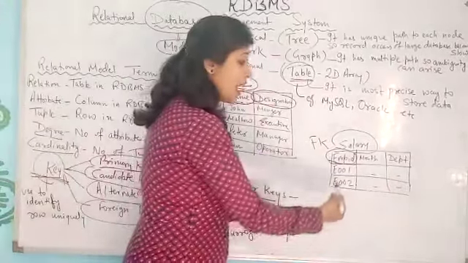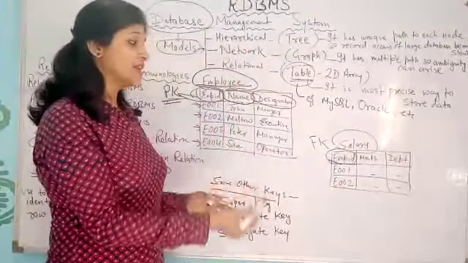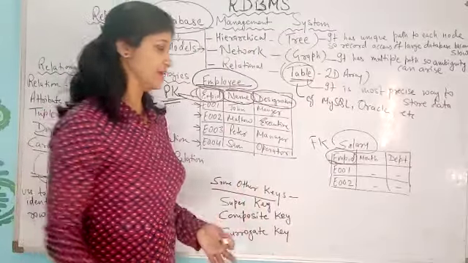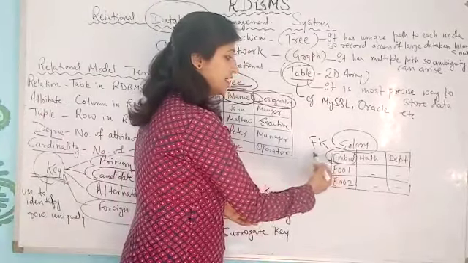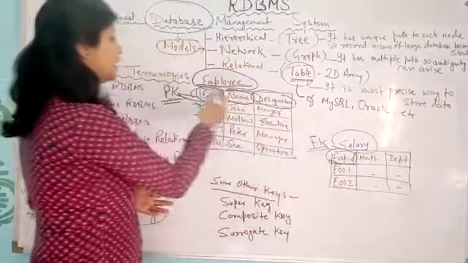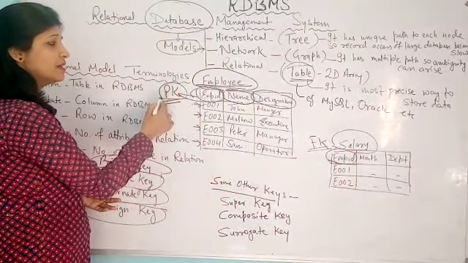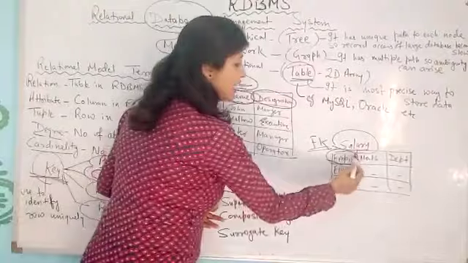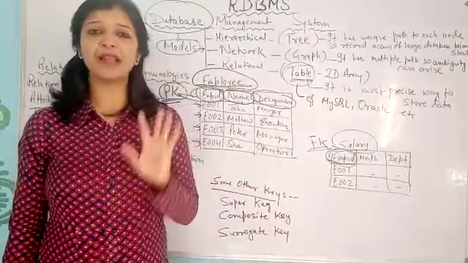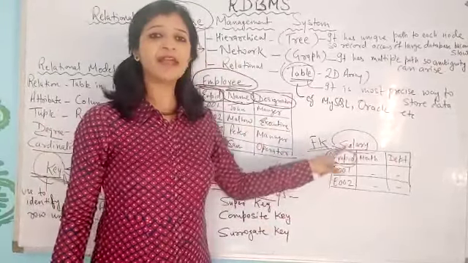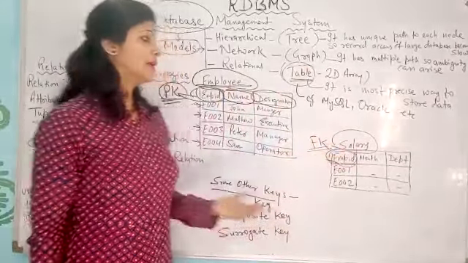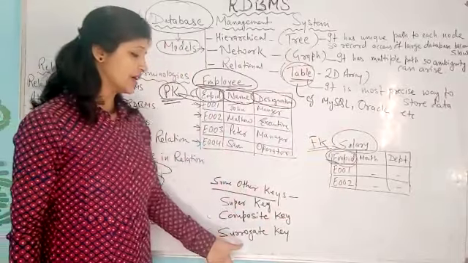So there is a constraint, that is referential integrity, which we will discuss in a later class. Here, to maintain referential integrity, the foreign key imposes a rule on this table that the value should refer from the base table, that is the employee table, where this attribute is declared as the primary key. So a foreign key, in simple language, is that attribute of any table which is declared as a primary key in some other table. Now, other than this, some other keys are also used.